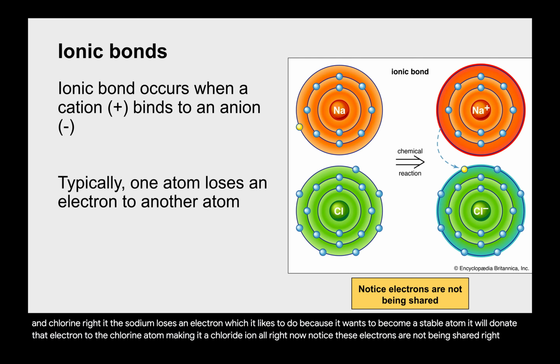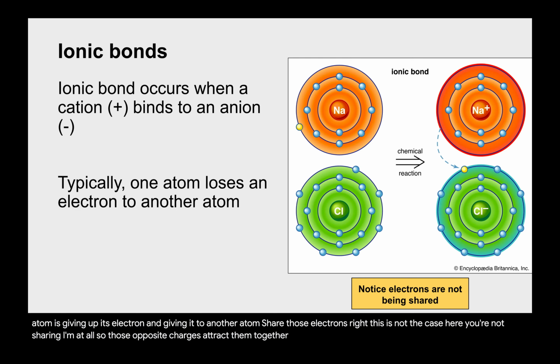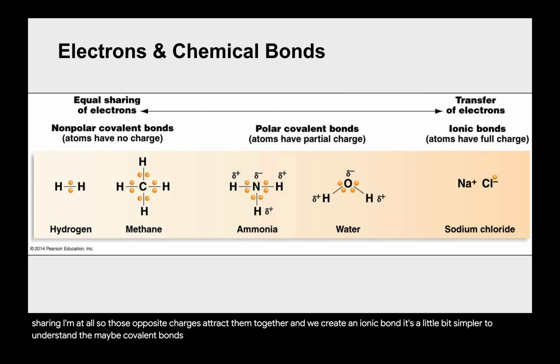One atom is giving up its electron and giving it to another atom, unlike covalent bonds where they shared those electrons. They are not sharing them at all. So those opposite charges attract them together and we create an ionic bond. It's a little bit simpler to understand than maybe covalent bonds, because we don't have to look at